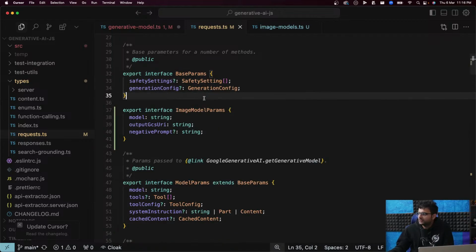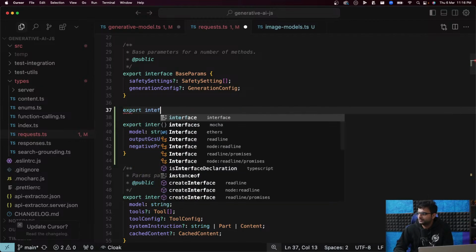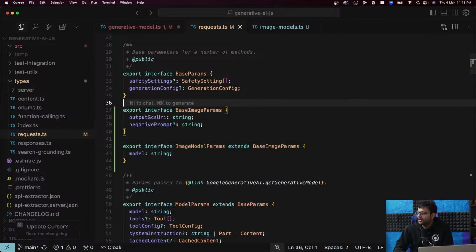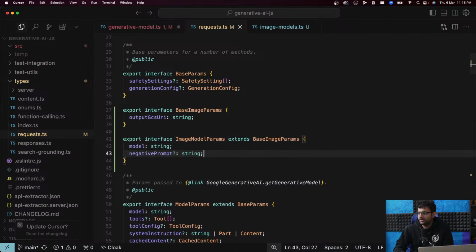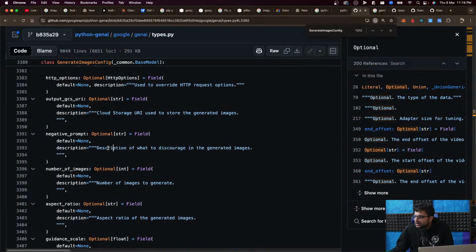So in that case, we should also introduce export interface base params or base image params, where I don't know what all should be here, but output GCS URI, that's fine. Negative prompt should probably not be here. I think it should be here only. And I think all of these should be optional.